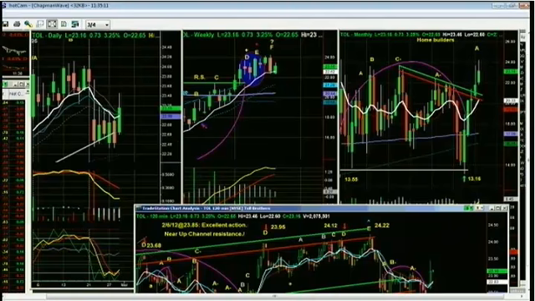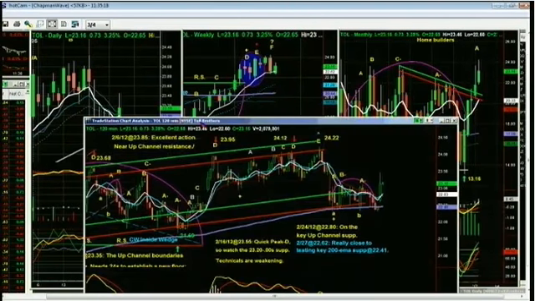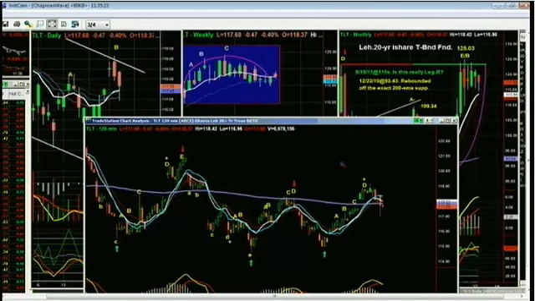So let's just go to a couple of different things. Let's look at the TLT. The TLT has just gone to a peak E in the 120-minute chart. If the market is tanking, you would normally expect money to flow from bonds to stocks when stocks are moving higher and bonds are showing a little weakness, because money loves to go where it's preferred, where something's moving strongly. But at the same time, when the market is acting like this, you would expect the TLT, now